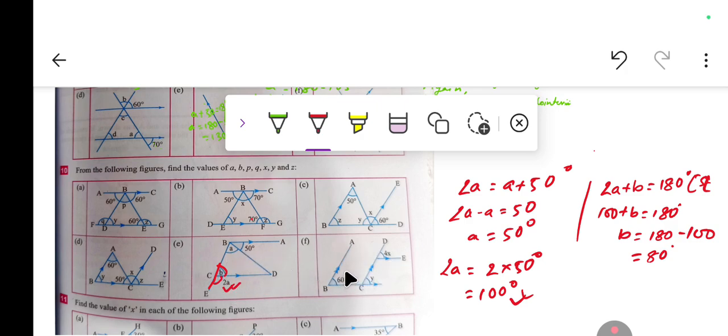Now coming to this one, this is 60, this is a corresponding angle, y is also 60. If y is 60, 4x will also be equal to 60 because both are corresponding. You have to give the reason: y is equal to 60 being corresponding angles. Then 4x is equal to y is equal to 60, being corresponding angles. And then the value of x will come out as 60 divided by 4, that is 15. So in this way question number 10 is solved.